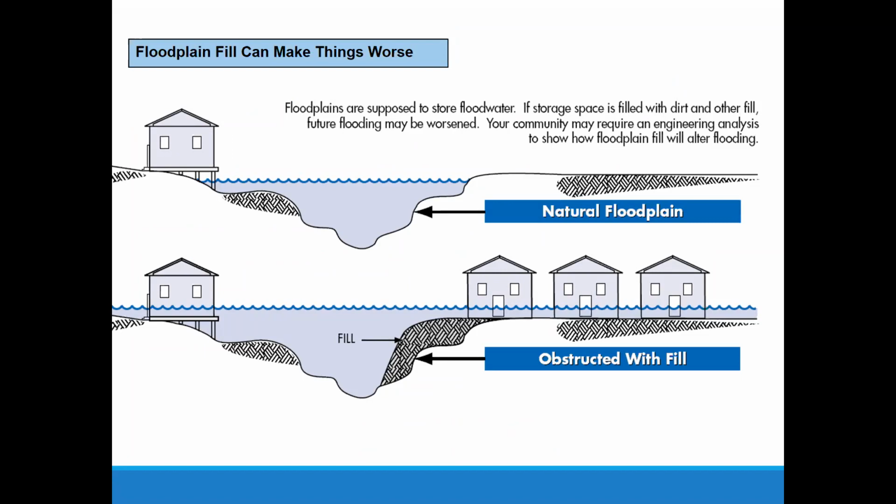Now, fill can sometimes make things worse. This is a little picture to illustrate it. I've never seen anything that looks like this happen in Kansas. However, I have seen subdivisions where they put in enough fill to elevate 4 whole houses, and those big fancy houses were all elevated on fill. They got that approved by FEMA, but the houses downstream from them all took on water in the next flood. Remember that in our definition of floodways, it said water's going to rise 1 foot and stop. Well, they caused that 1 foot of rise, and the downstream neighbors were the beneficiaries of it.